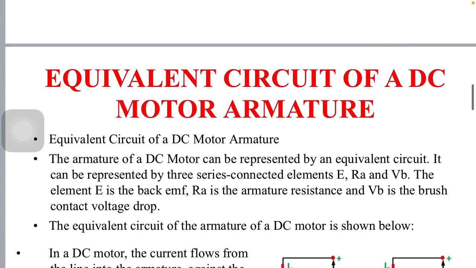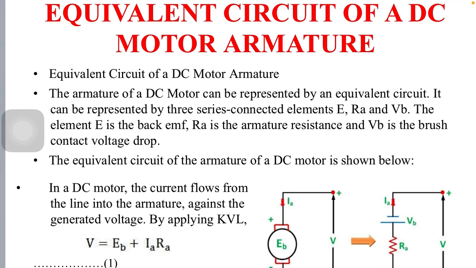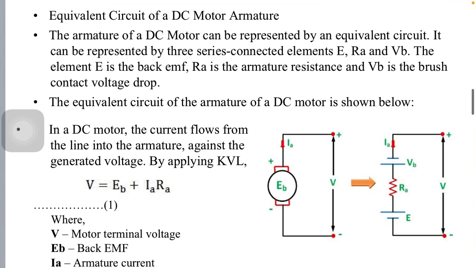So now, the equivalent circuit of the DC motor armature circuit. You can see over here the armature circuit, in which the back EMF generated in the armature is indicated by EB, the current going through it is IA, and here are the terminals. It is a circuit we can imagine physically, and we are converting it into an electrical circuit, so it behaves like that.